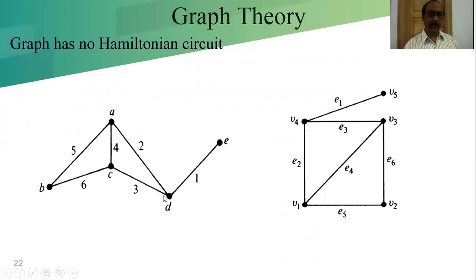If we start from this, I can move this way, but I cannot reach there. That is, the Hamiltonian path is there. See, if we start from this, the Hamiltonian path is there. It touched all the vertices, but there is no Hamiltonian circuit. But there is a Hamiltonian path in both the graphs.